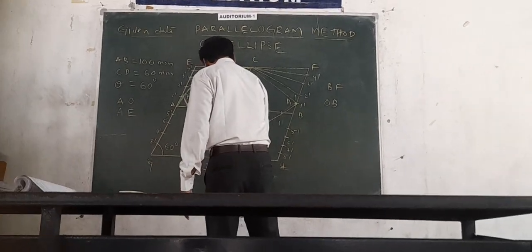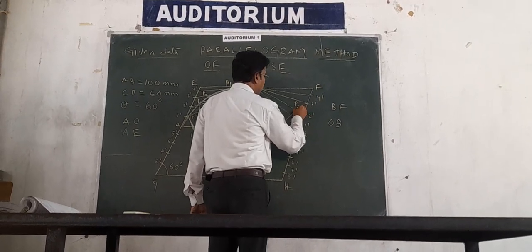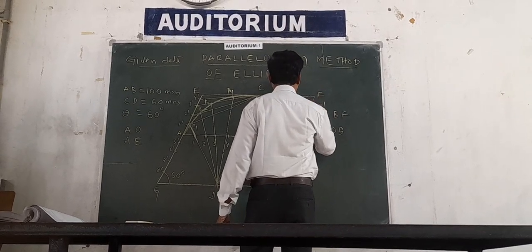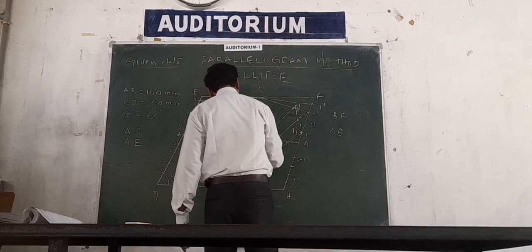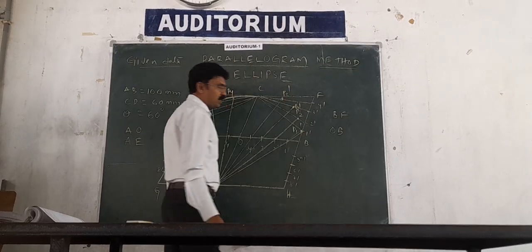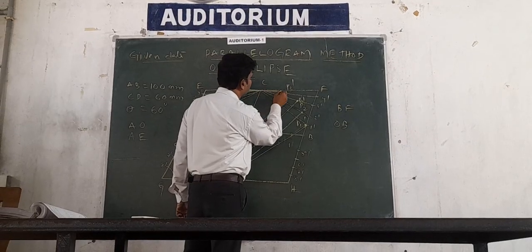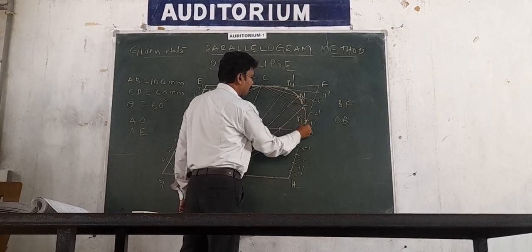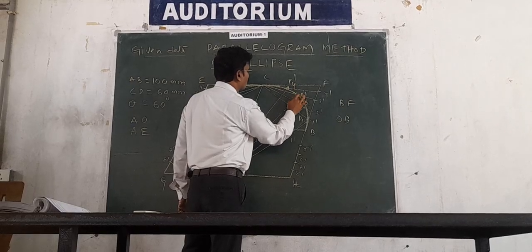Again join D2 to 2, and extend it until 2 dash. You will get P2 dash, and join 3 and extend it until the third line 3 dash. You will get P3 dash. Now join the last point 4 and extend it until 4 dash. You will get P4 dash. Now join C2, B with the points P4, P3, P2, P1 and until B. You will get the remaining quarter part of